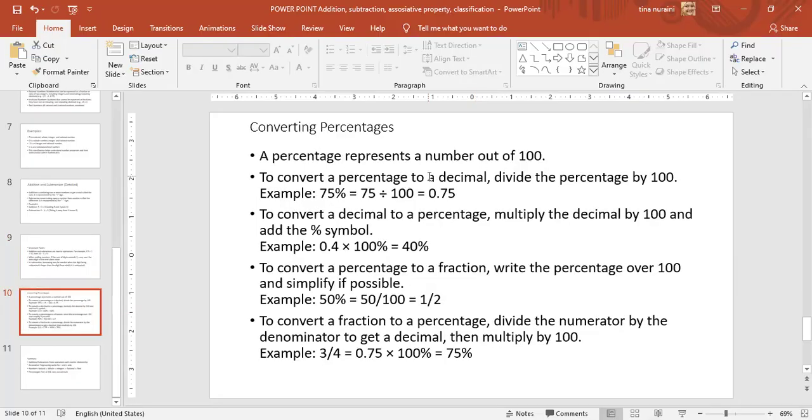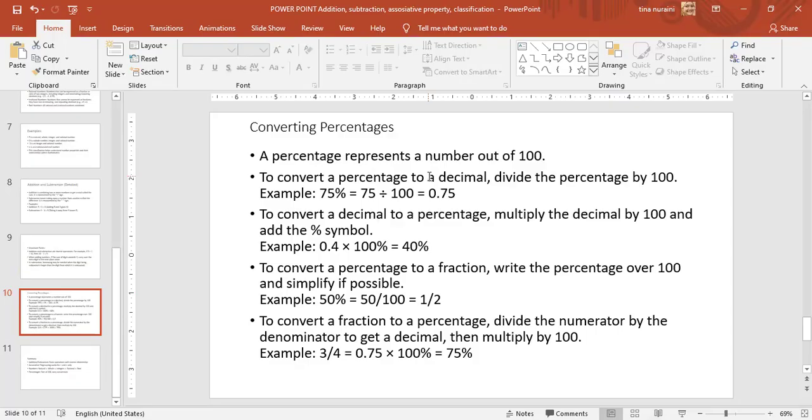Next, converting percentages. A percentage represents a number out of 100. To convert the percentage to a decimal, divide the percentage by 100. Example, 75%. The result is 75 divided by 100. The result is